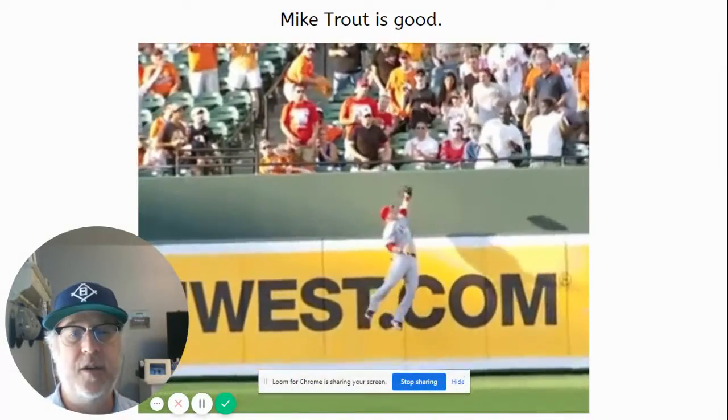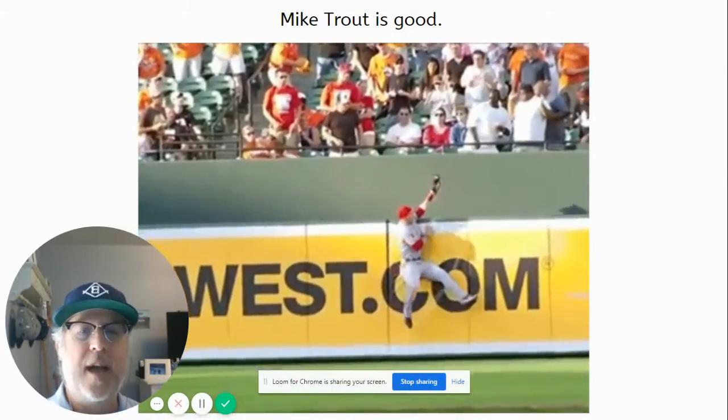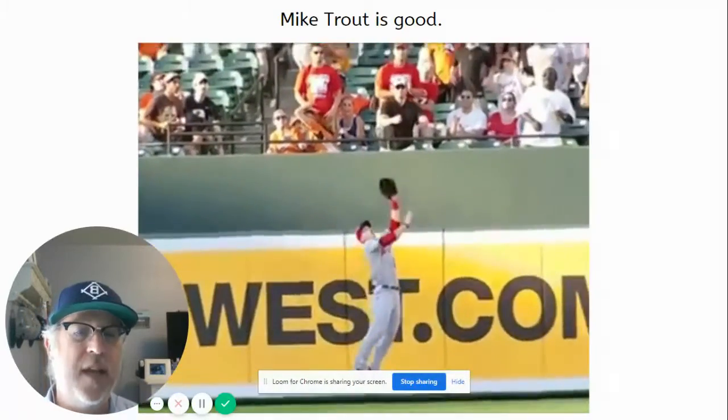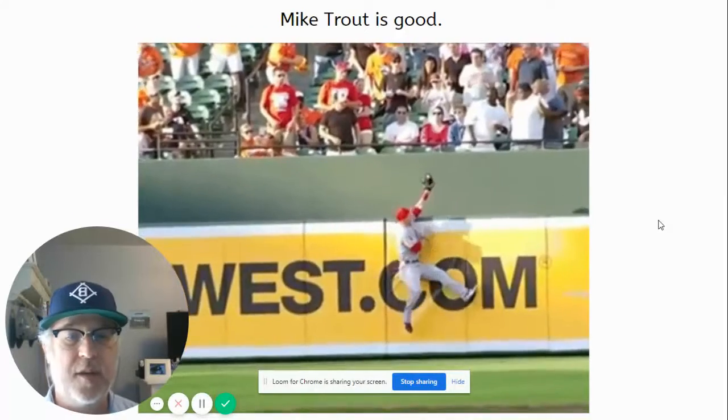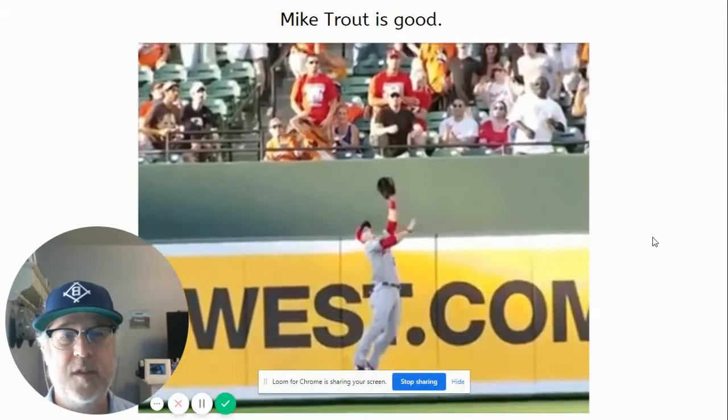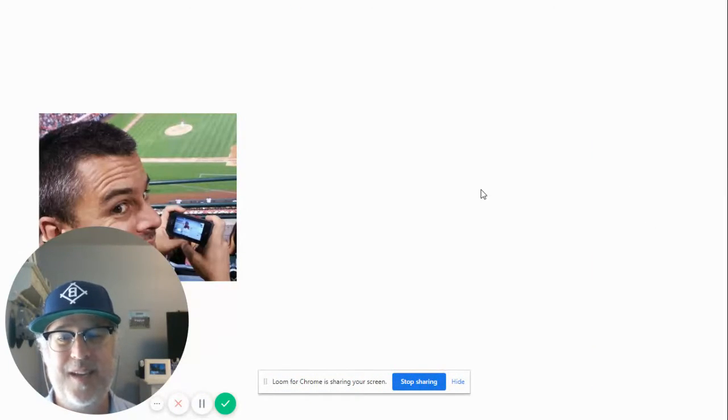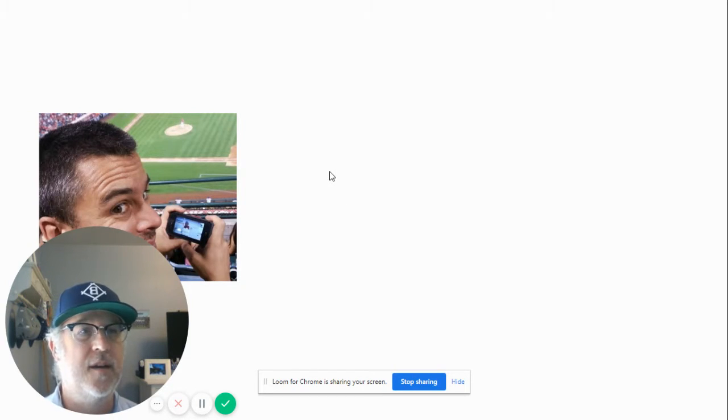Now, I can assure you that if you're spending your own hard-earned cash and you're driving to the game and you're sitting in the seat, you're of course going to pay attention when Mike Trout and the other Angels are playing. But unfortunately, that's just not the case, because if you look around the baseball stadium, you will see that there's all sorts of people who aren't paying attention at all. They're on their cell phones, they're talking,